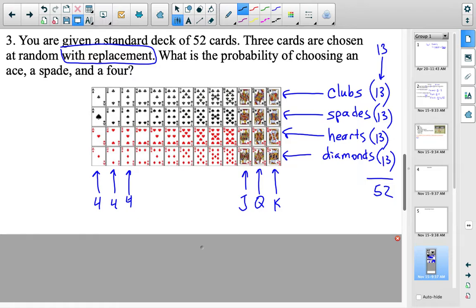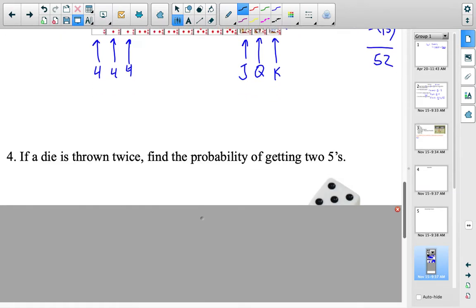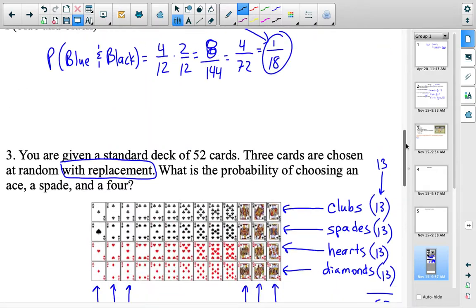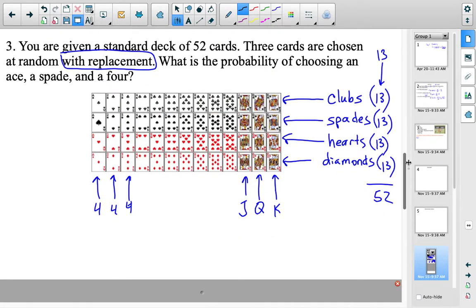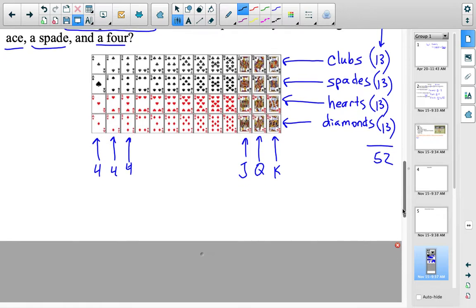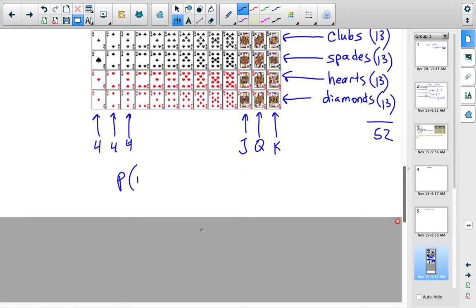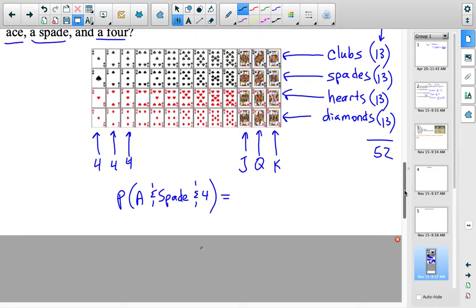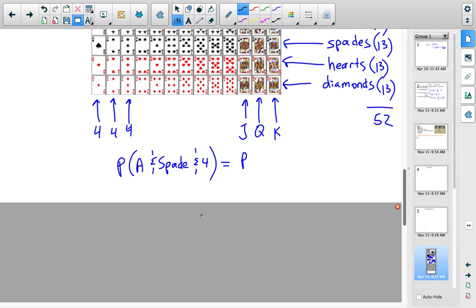Okay, so let's look at some of these. Just one question. Whoa, I'm sorry. We just finished this one. What is the probability of choosing an ace, a spade, and a 4? And you replaced after each one. Okay, so the probability of choosing an ace and a spade and a 4 is, well, the probability of choosing an ace times the probability of,